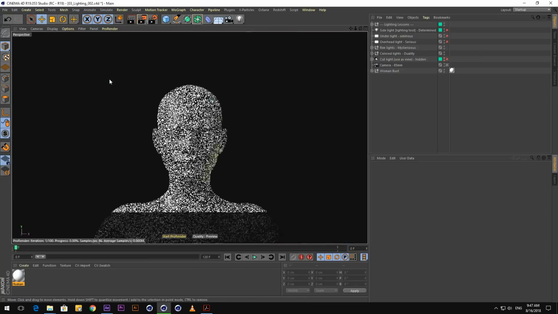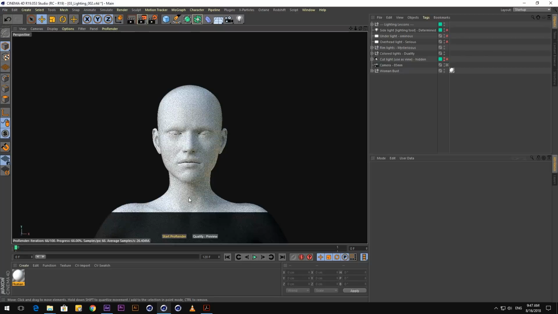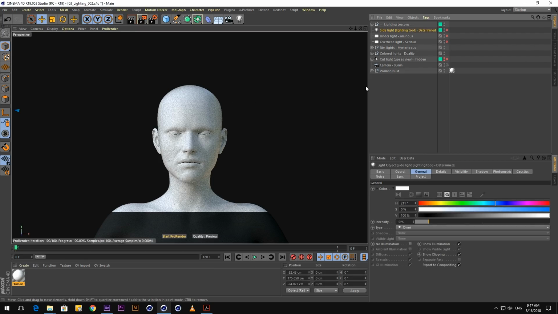So I have a little example. I have this character here who's just lit with skylight. Nothing too crazy. It's just evenly lit all the way around. She looks a little angry. She had a rough night last night, just like me. And I'm just going to show you that by playing with the light, we could drastically change how we perceive